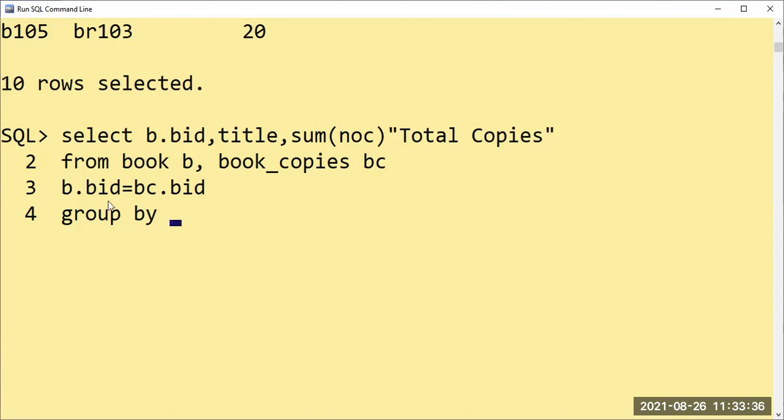And what group by you have taken here, it should always match. Sometimes the error will occur. You have written B.BID here, and if you write group by title, it will not take. You are supposed to take B.BID only here. Okay. Because in the book copies table, B101,